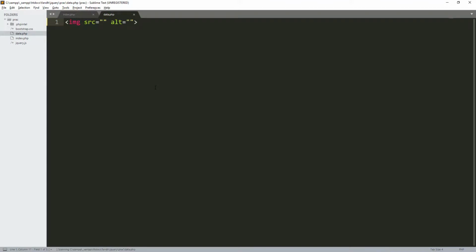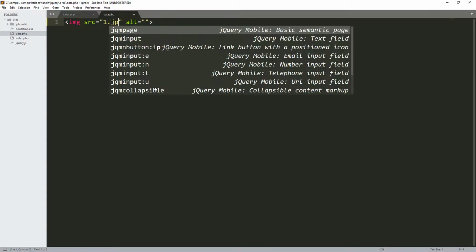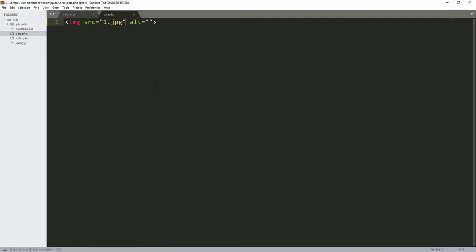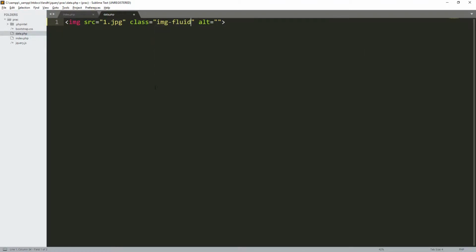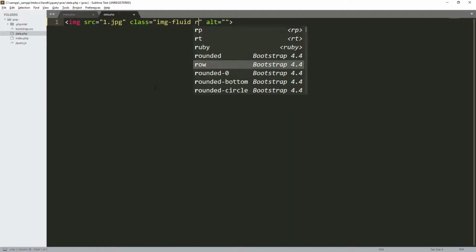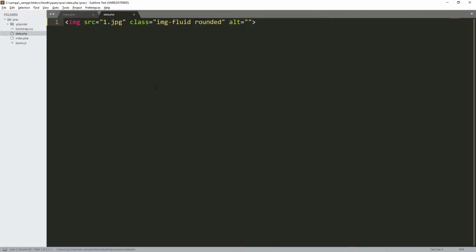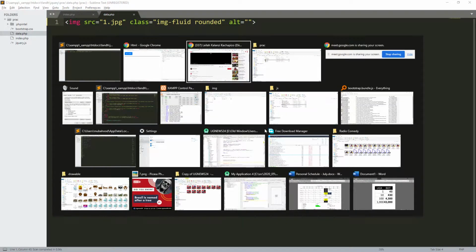I can even make it maybe an img, class img, then I can put maybe 1.jpg, and then I put here maybe class img-fluid rounded.